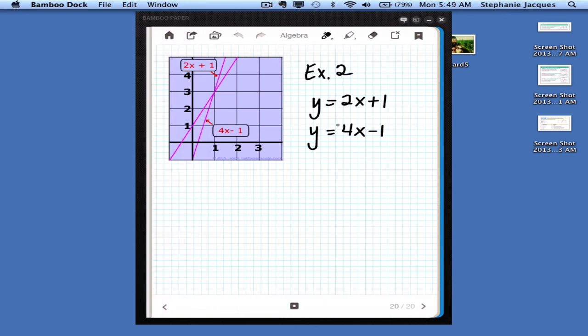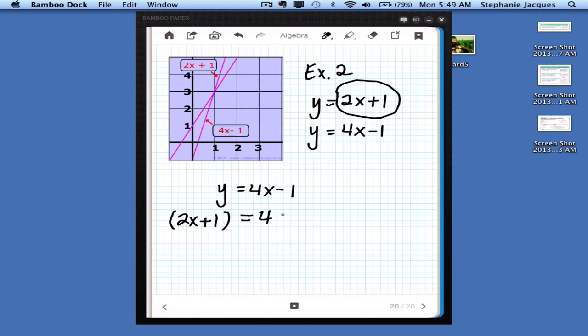All right, this one's a little different looking. So when you have y equals 2x plus 1 and y equals 4x minus 1, what you can do is choose either one. So let's say we're going to choose the top one, and we're going to say, well, y equals this. So now go to your next equation, y equals 4x minus 1. And wherever you see the y, you're going to plug in the 2x plus 1. So I see a y right here. So I'm just going to put my 2x plus 1